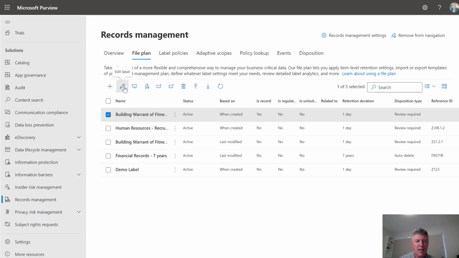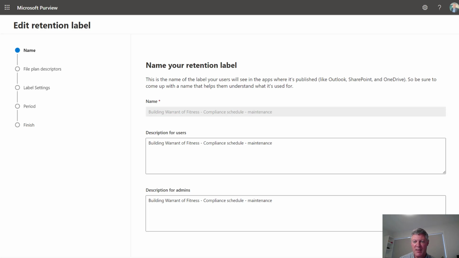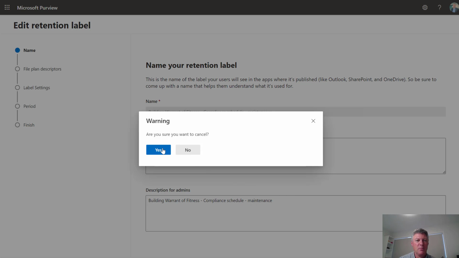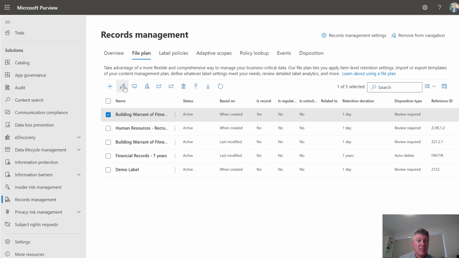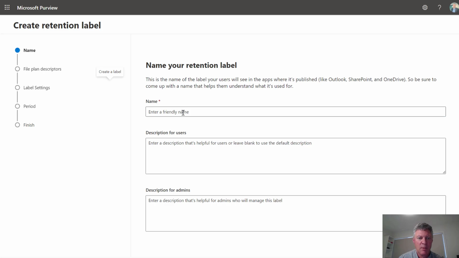So we're going to start with edit the label. What I should have done was cancel out of there and said new label. So I'm going to start with a new label. And we start here by giving this label a name. So this is a friendly name that's going to be displayed in a few different places. So I'm going to call this one here demo label